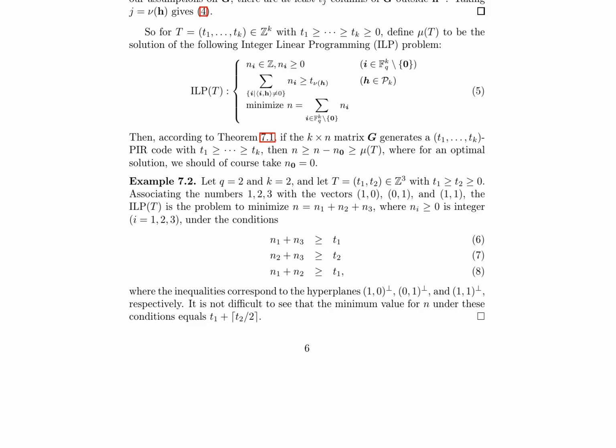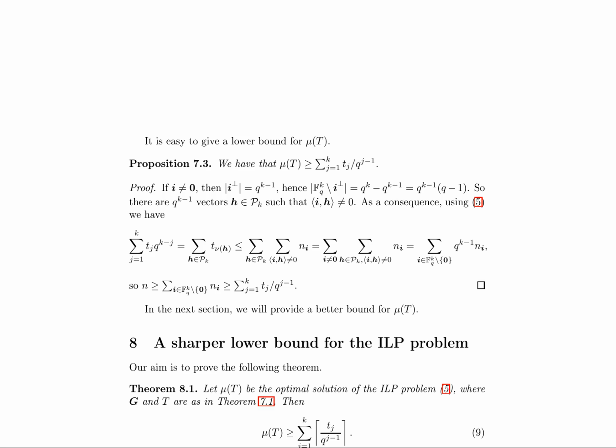The page concludes by discussing the connection between the ILP problem and the construction of optimal TPIR codes. It highlights that the minimum number of columns n in a k times n matrix G generating a TPIR code is at least as large as the solution to the ILP problem, which is denoted as n_ILP(T). This implies that for an optimal solution, n0 equals 0, and thus n is greater than or equal to n_ILP(T). The authors establish a lower bound for n_ILP(T) in proposition 7.3, stating that n_ILP(T) is greater than